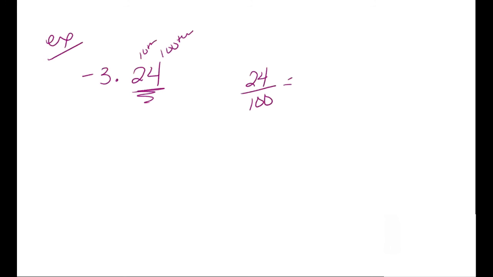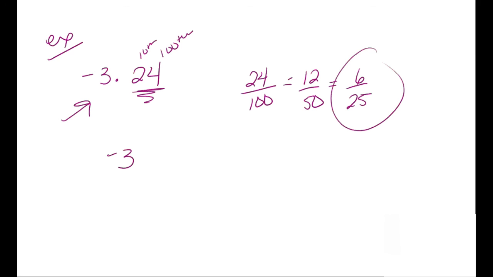And remember, if they're both even, at the very least we can reduce it by 2. So that might be an easy way to start if we divide both by 2. But they're both even, which means I can go again. And now I think we've got down to as simple as we can make it, because nothing goes into 6 and 25. Okay, so now we're going to write this as a mixed number. So remember, we had a whole number here. It was -3. And now we have our fraction equivalent, which is 6